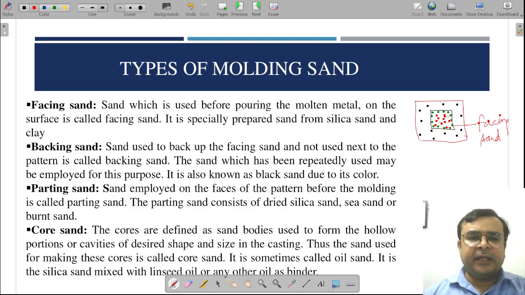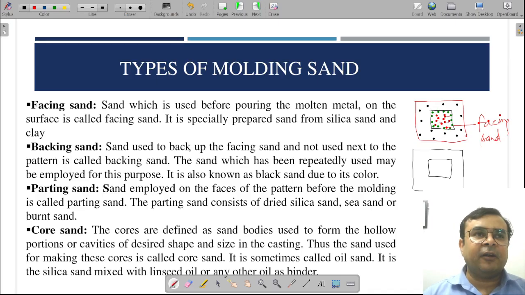And next one is backing sand. So what is backing sand? Backing sand is nothing but a burnt, reusable, reconditioned sand. Burnt reusable reconditioned sand is called as backing sand, and actually during casting the sand which is nearby the molten metal gets burned out, and it cannot be directly used for further application. To make it reusable, first we need to clean this sand and mix some moisture content along with some clay particles,